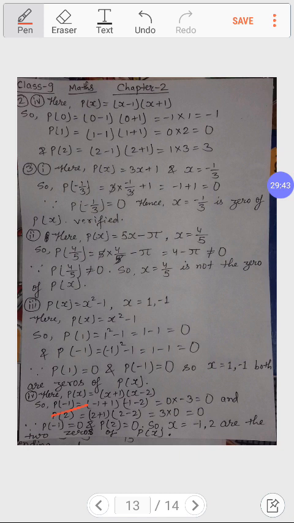that becomes 0. Plus 1 and minus 1 becomes 0, so 0 into minus 3 is 0 only. So for minus 1 it came 0, and I had kept 2 and I had checked. So 2 plus 1 is 3 and 2 minus 2 is 0. So what happens? It becomes 3 into 0, that is also 0 only. So what we had seen, for both minus 1 and 2, again here it becomes 0. So x is equal to minus 1 and 2 are two zeros of p(x). This is also a quadratic equation, because when you multiply you will get x power 2 when you write it in simple form.